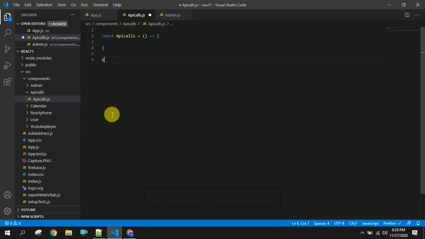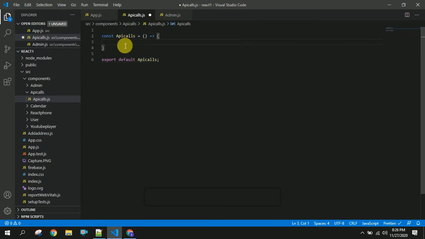I am exporting this by using default export because I have only one function here, so that is the reason I am using default. If I have multiple functions, then I will go with a normal export.